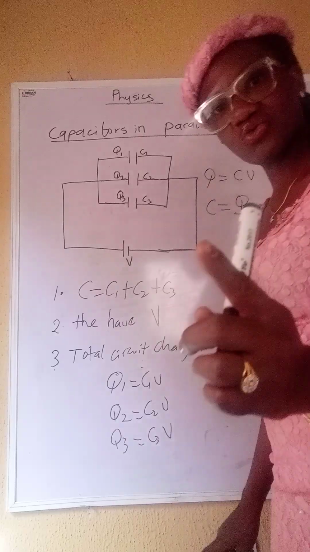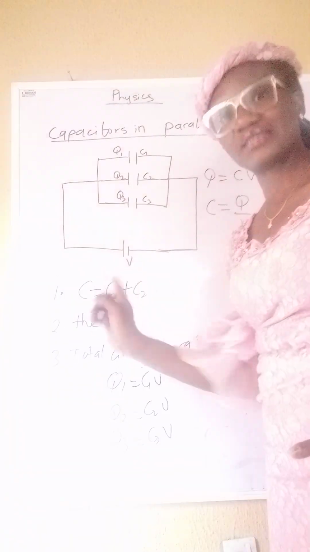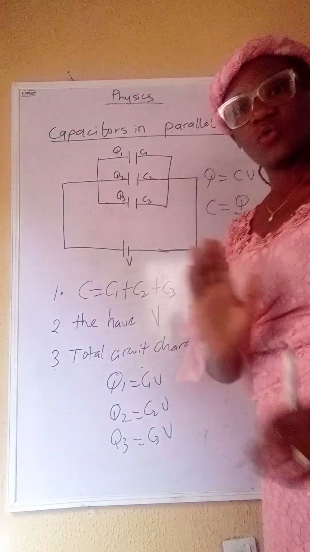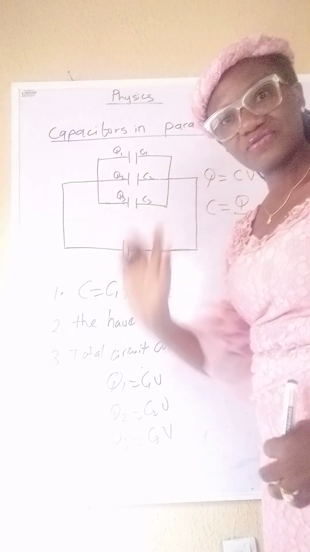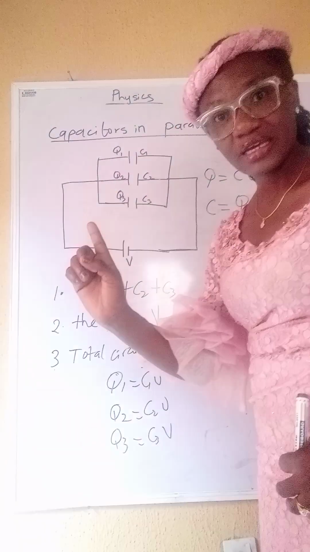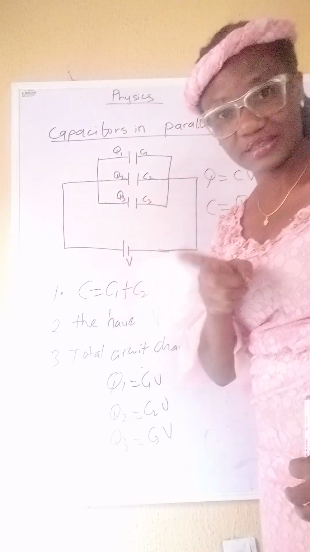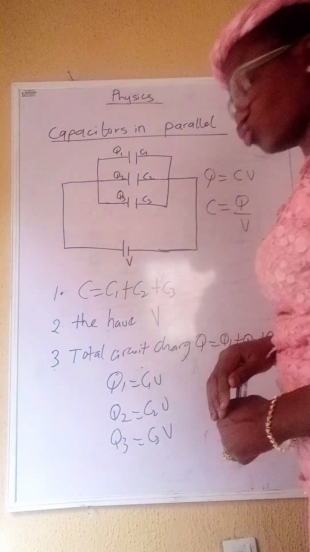Do you still remember rule number 2? That's what? The potential difference is the same. Okay, when capacitors are arranged in parallel, the potential difference is the same for all capacitors. Even if they are 10, the potential difference is the same. Is that okay? Now let's talk about